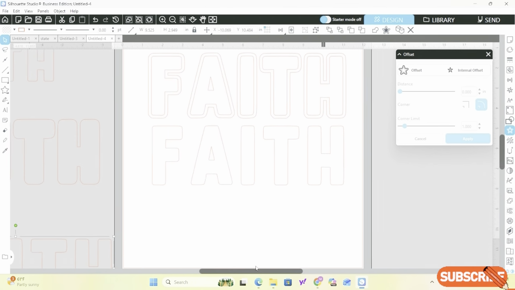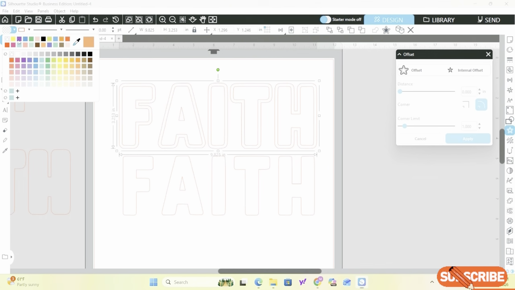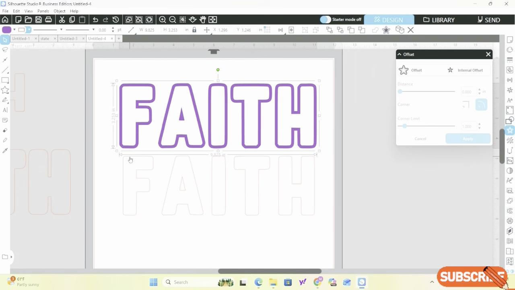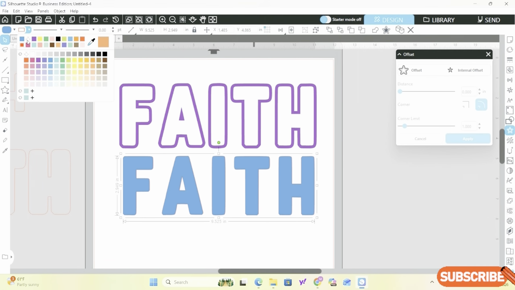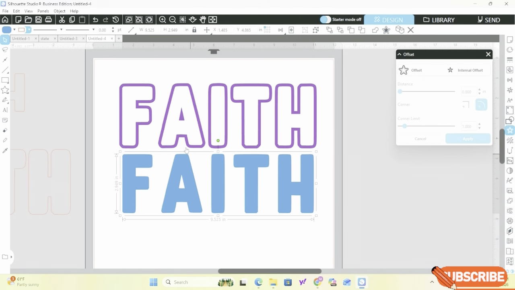So now that I have the word faith and I make it a compound path, I'm going to add color now. So I'm going to go over here and I'm going to put color on this, and I'm going to take the line off. So this is what you're going to have. I'm also going to add some color to the word faith. So I'm going to go make it blue. Now what we're going to do, we are going to work on the top part, which is the